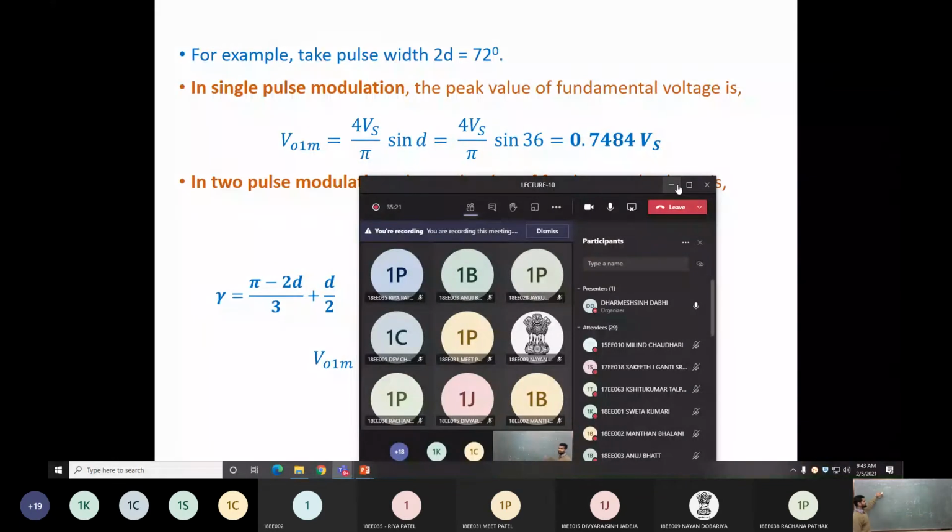Is it removing the 11th order harmonics or removing the third order harmonics? In which case do we need a large size of inductor? Yes, the third order, because the inductor value is inversely proportional to frequency. So as the frequency of the harmonic increases, you require a lower value of inductor.